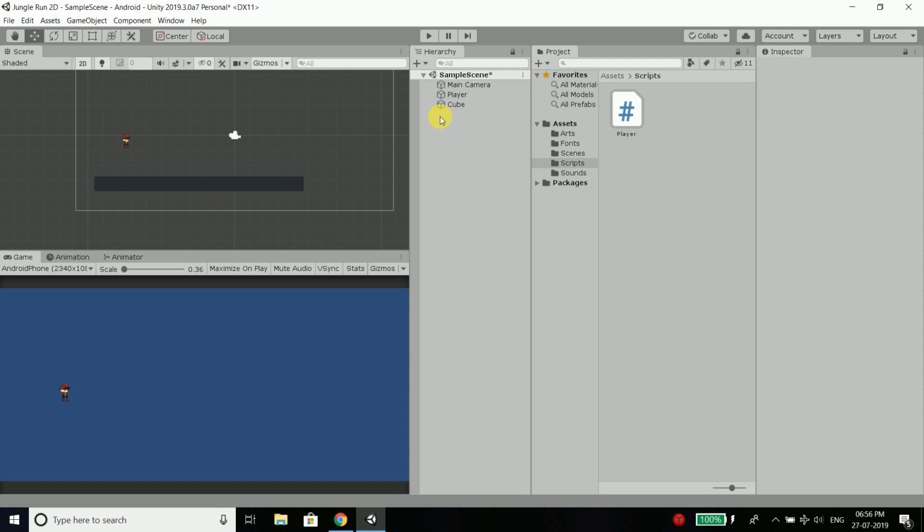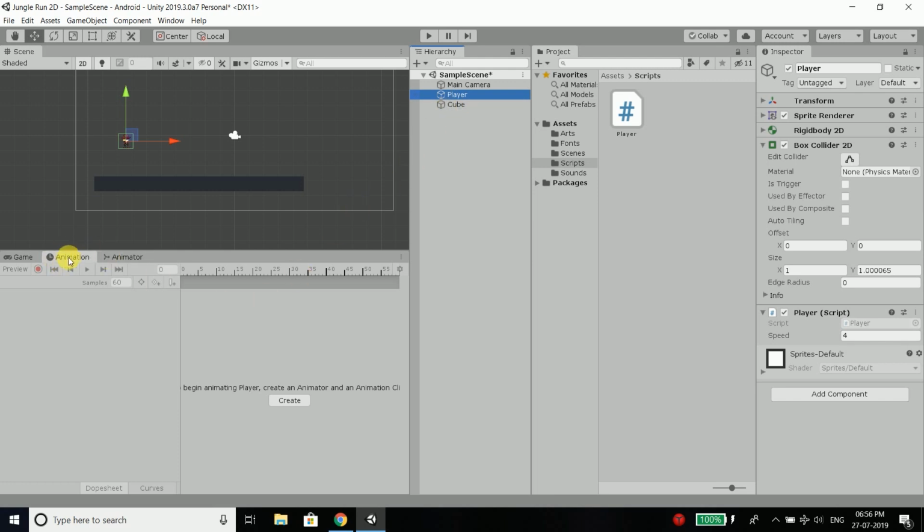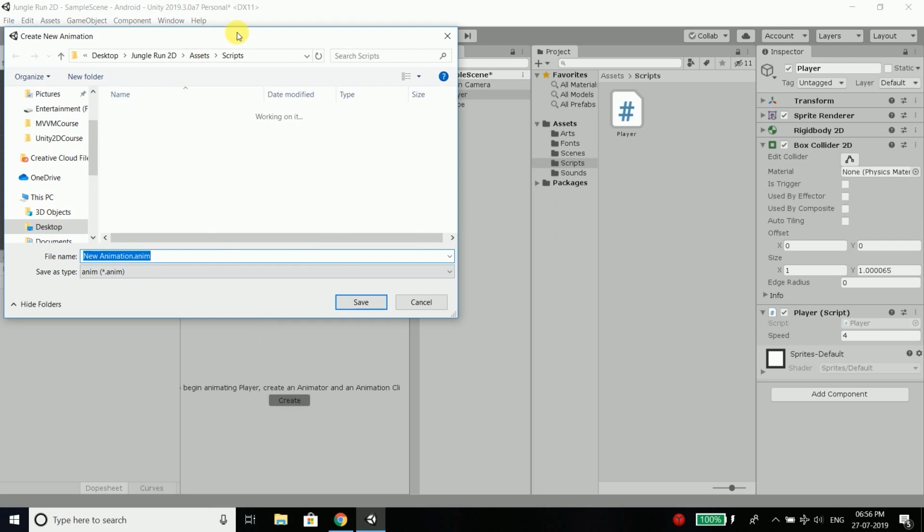Now when the player is moving, we need to animate it so that it looks like it is running. To animate the player, click here in this animation tab. First select your player and then come to the animation tab, and here create an animation.